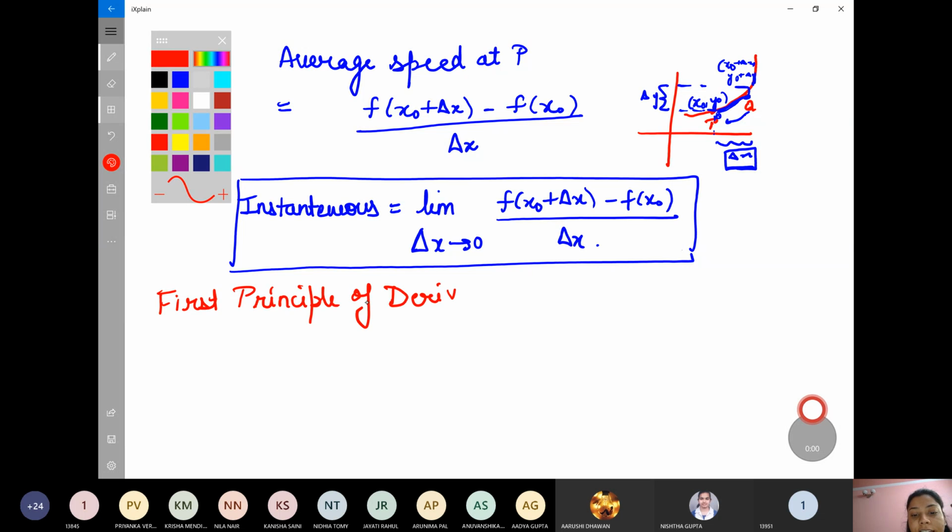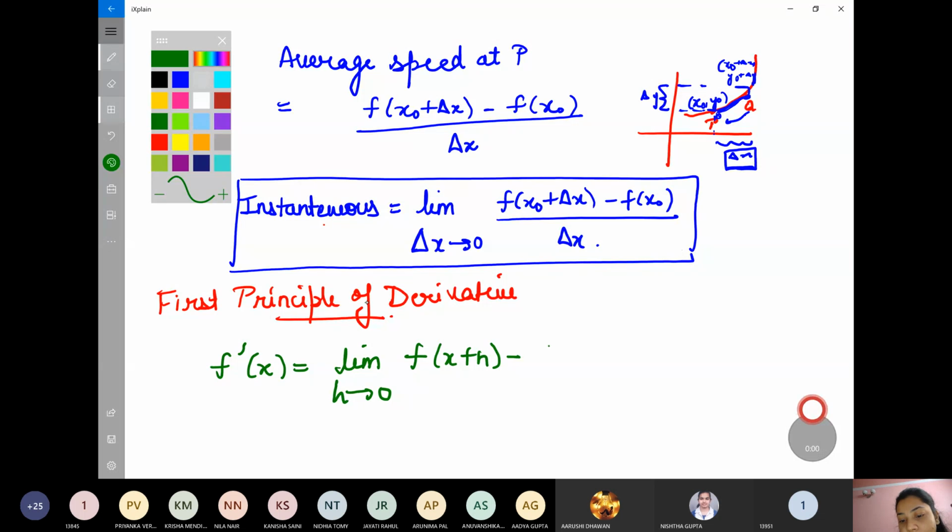एंड क्योंकि ये डेल्टा एक्स बार बार लिखना इतना कन्वीनियंट नहीं है, तो हम क्या कर सकते हैं, हम अपना नोटेशंस यूज कर लेंगे। सो यू कैन राइट इट एज the derivative of f with respect to x. You can write it as limit h tends to 0. I am writing delta x as h. So f of x plus h minus f of x upon h. ठीक है, सिर्फ मैंने x नॉट की जगह x लिख लिया है क्योंकि मैं इधर निकाल रही थी मैं एट पॉइंट x नॉट, इधर मैं x पर इवेल्युएट कर रही हूँ और डेल्टा x की जगह पर मैंने लिख लिया है h. सो दिस इज कॉल्ड द फर्स्ट प्रिंसिपल ऑफ डेरिवेटिव।